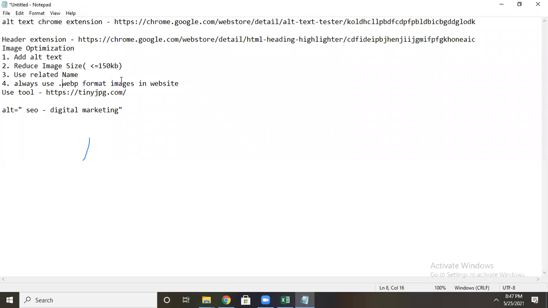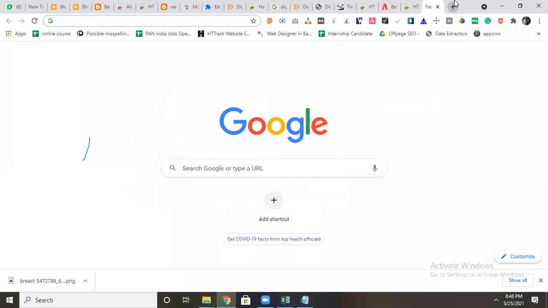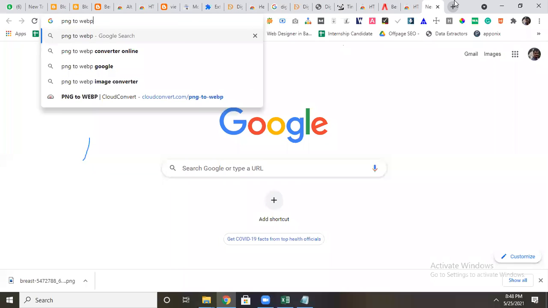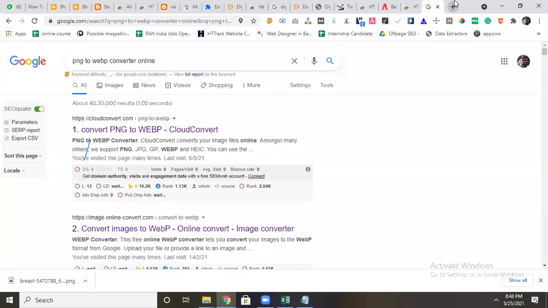Because the advantage here is that it takes a small size, and it loads faster. In websites, I am telling you, you have to use it. For this also I will tell you: imagine I have PNG images, how to convert them. You can use PNG to WebP converters. You get a lot of tools. Here you have to open the website and convert it.